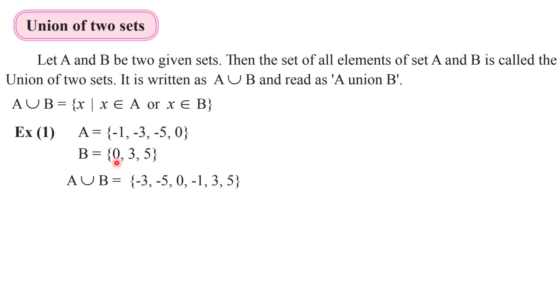So if you want to write A intersection B means common element, then you will have only one element here. So what we can find is the intersection set is always smaller or it is the same as one of the sets. But the union set is the bigger one. You can observe that it contains more elements if we compare to set A or set B. The number of elements are more in union.